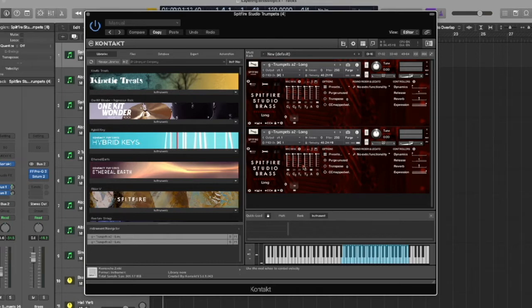And then I've actually layered in another two trumpets here. When you do this in Contact, you're going to have to go to the MIDI channel here and go to port A and then push port 1. That's going to link it to the same MIDI channel. So that's how you can layer and stack sounds in Contact. And then with these mics, I'm using the close mic 1 and the ambient mic, to capture a little bit of the close definition and then really the room